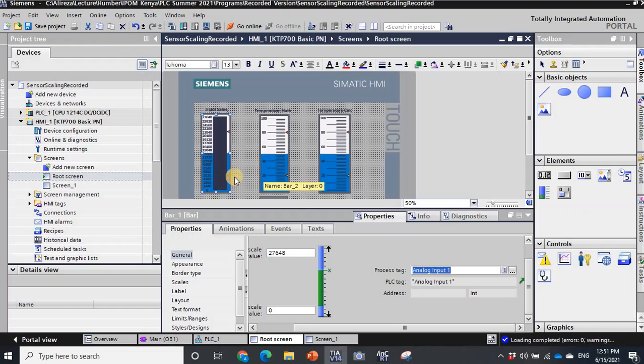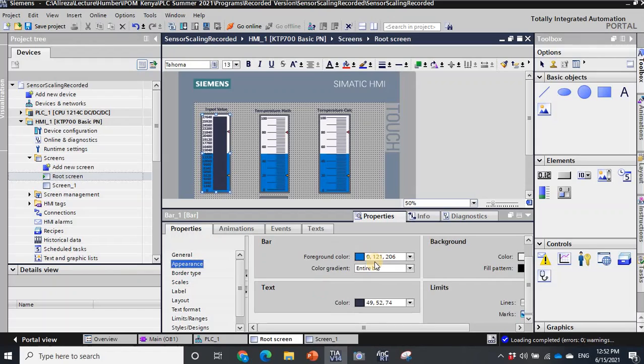Analog input number 1. You can change many parameters here. For example, the color, whether to be blue or any other. Let's keep it blue, and many others. I'm not going to go through all these details. You can play with that to find more